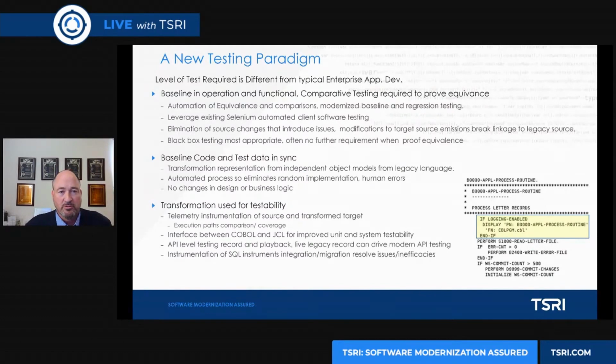So you can do this through an automated comparison by having all the baseline that's been conducted in the previous legacy solution available in the modernized solution, run those same baseline tests, and then compare the results. You're not required to go through and develop those from scratch. You don't really even need a detailed test SME to develop the test cases. What you need to be able to do is run the tests in the legacy, extract out the data, the input files, you have the output files, migrate them over to the new environment, and then validate to see if